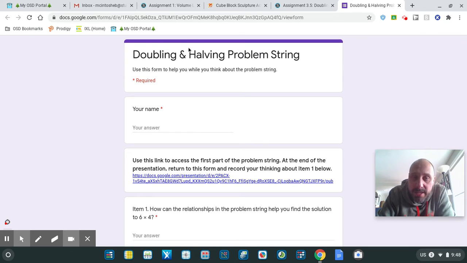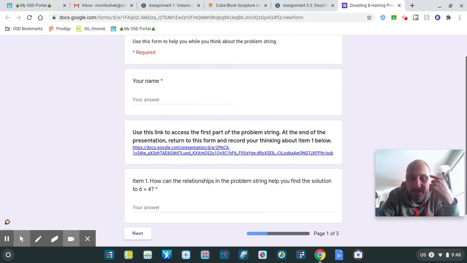All right, so doubling and halving problem string. It's a multiplication strategy to help you solve two-digit numbers where you can double one number and halve the other number to make it easier to manage, especially when we're working in our head. So you'll have to put your name